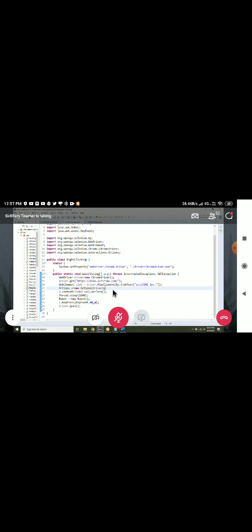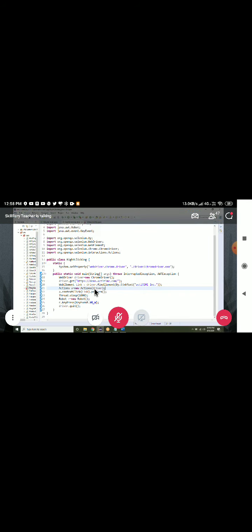Which question? Tell me, right clicking or mouse over? I am asking about the assignment, today's second assignment. Yes, sir. Okay, which one? This one?